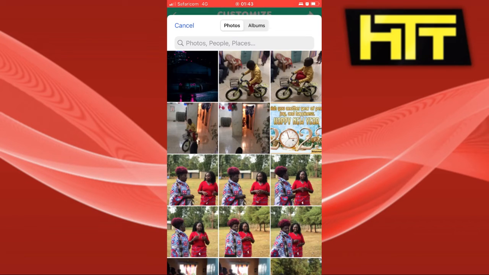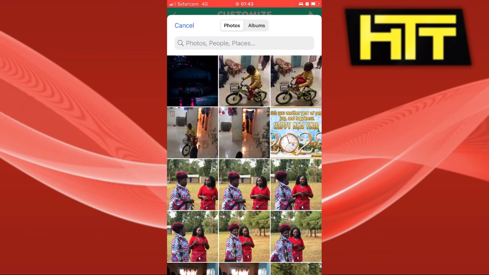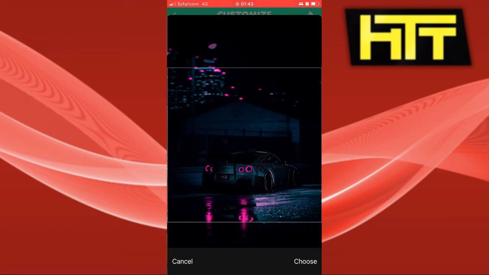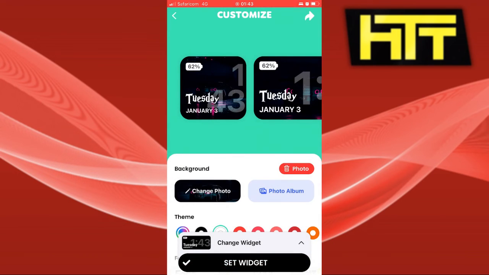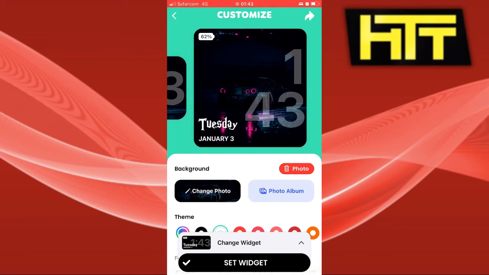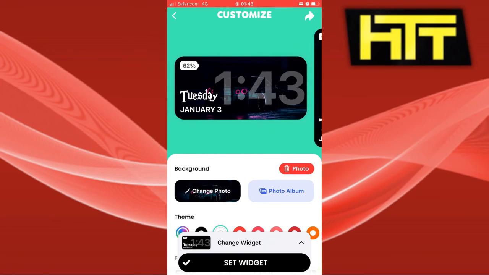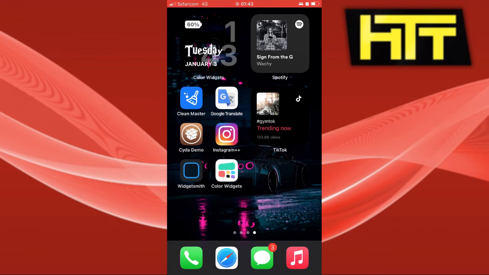You can also go ahead and add an image. I'm just going to add an image right here. And I'm going to add this image of this car, and it looks very neon, very cool, chill type theme. And you can also go ahead and set the widget, and you can see that I have my widget